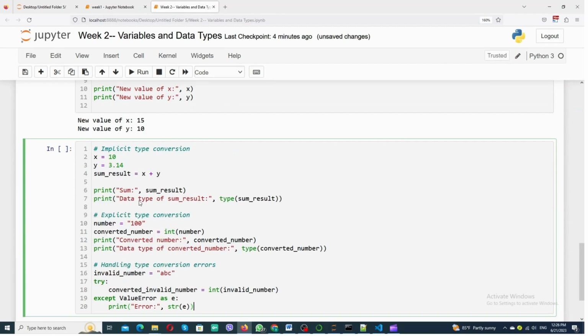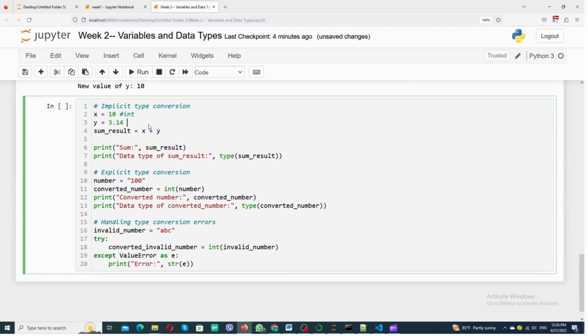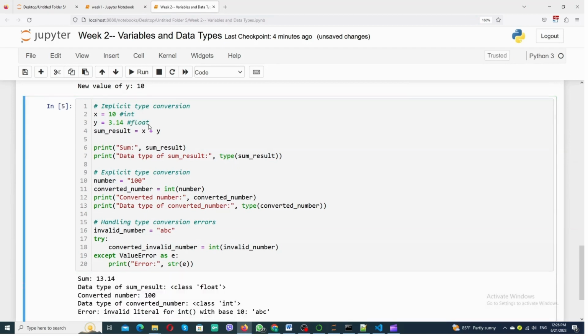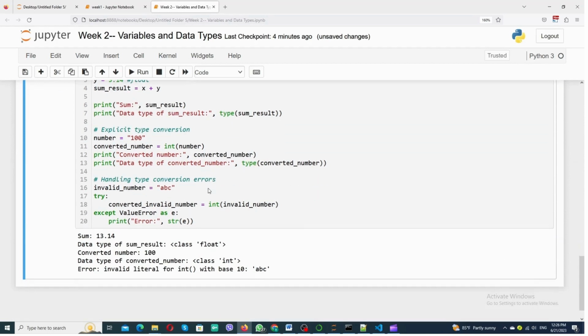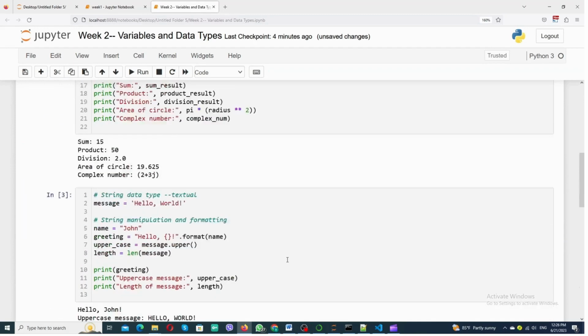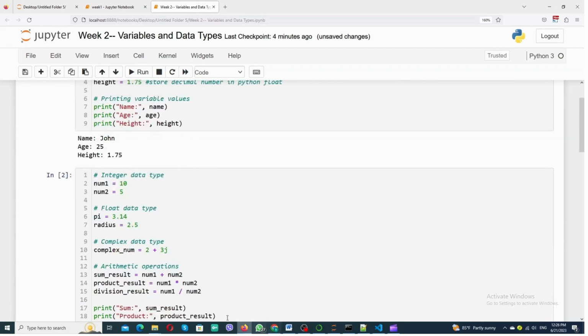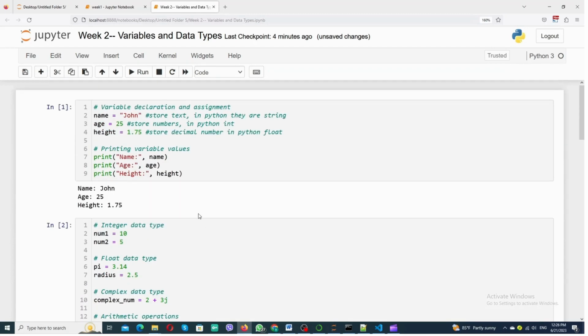Last but not least, let's explore type conversion. Sometimes, we need to convert data from one type to another. Python provides powerful tools for type conversion. We can convert between different data types using built-in functions or methods. Understanding the differences between implicit and explicit type conversion is crucial to avoid errors and ensure our code functions as expected. That wraps up our exploration of